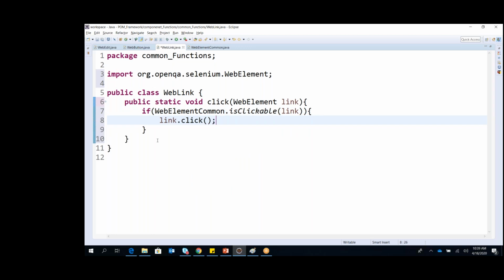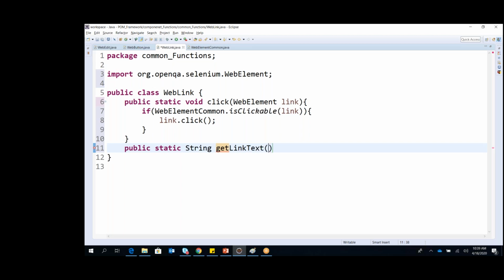There are some different methods also in the link. Let's say I want public static, returning a String, getLinkText. That is also one of the methods you can use, a common method for your link, and you just do the operation within it.